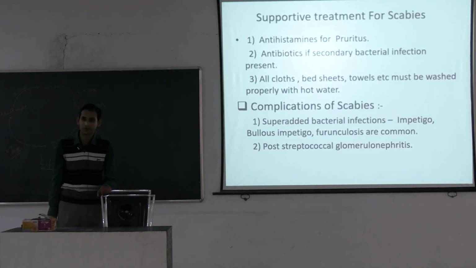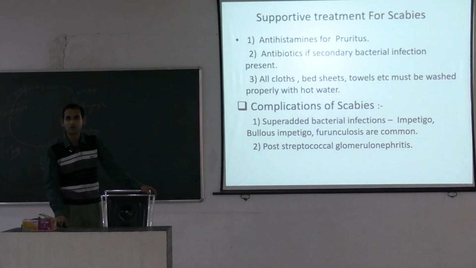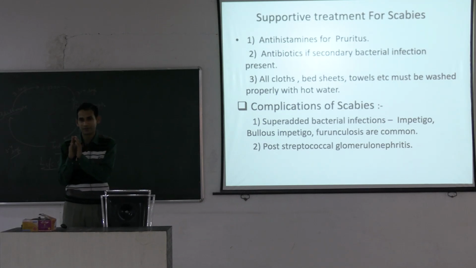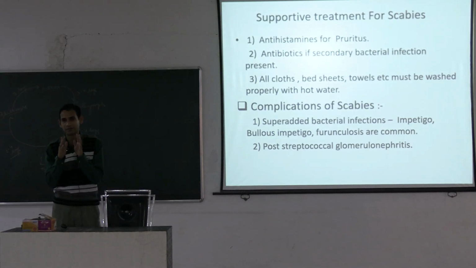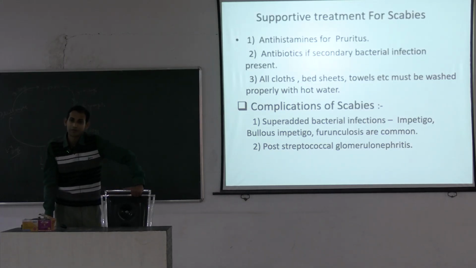Other supportive treatment for scabies. What are the other supportive measures? Most important, you should remember that 5% permethrin cream is considered the drug of choice, and how it is applied is also an important aspect. Oral medication, particularly ivermectin, is effective for the treatment of crusted or Norwegian scabies. For supportive treatment, if the patient has extensive itching or pruritus, antihistamines are usually required, that is levocetirizine, cetirizine or hydroxyzine, to relieve the itching.